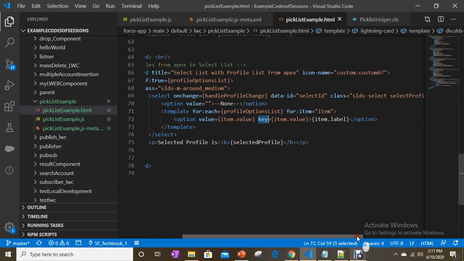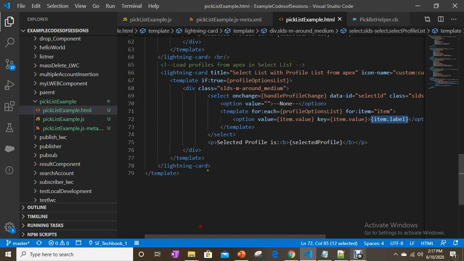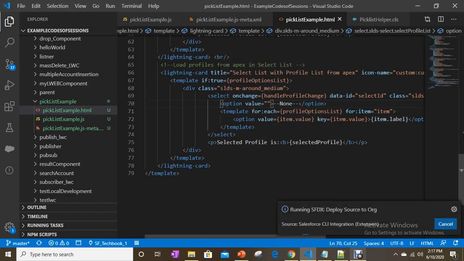This is a thumb rule you have to follow, and it should be a unique value. In our options, value is unique because it's a profile ID, and for value I'm giving value, and for label I'm just giving label, nothing else. Okay, now let's save this.